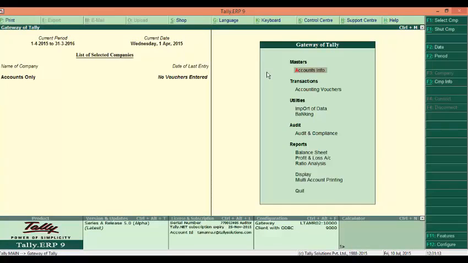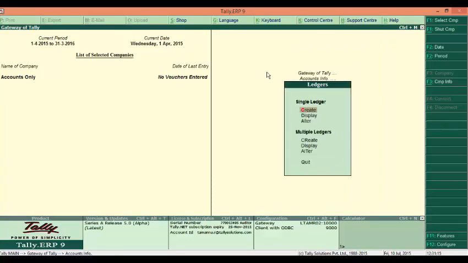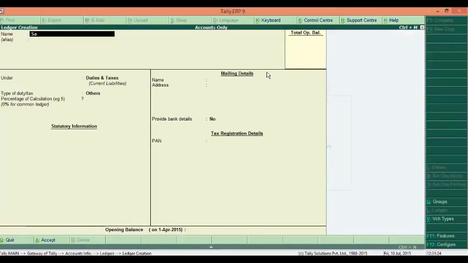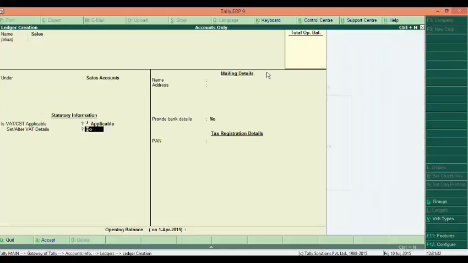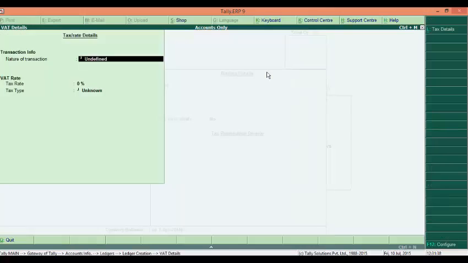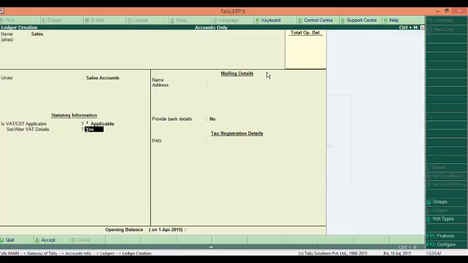So we'll create a few ledgers. Accounts info, ledger, create, sales, under sales accounts, VAT applicable. Over here, if we have different VAT rates, we can go here and mention those different VAT rates. But since there is a common 5% rate, we will not go into it, we'll just save this ledger.